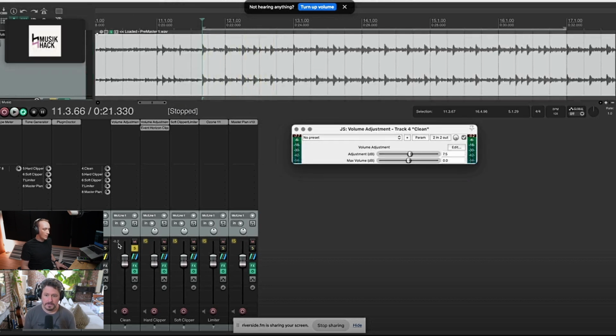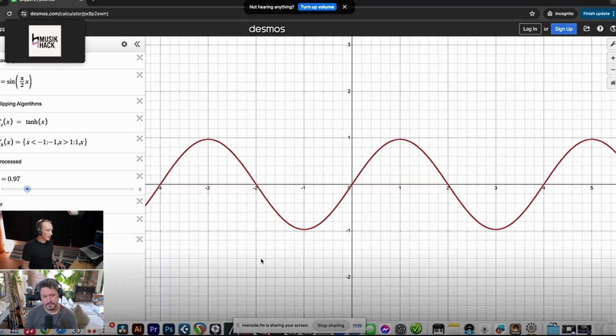Well, right here we're at minus 0.2. And if we go in this track, 0.2 higher. Okay, now we're at 0, and already if we upload that file to Spotify, we're going to run into some problems because they're going to do some processing that we should really be leaving a little bit more what's called headroom above that. So that's why we need to figure out a way, back to this graphing calculator, to